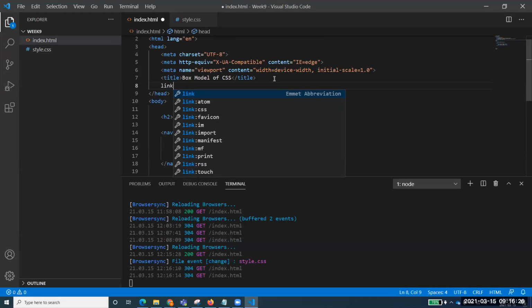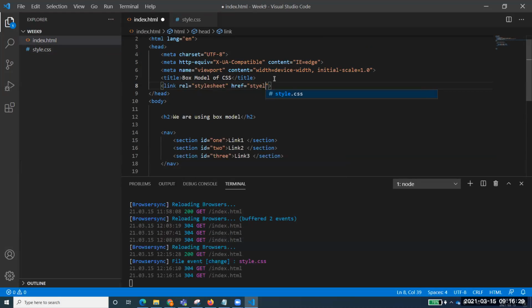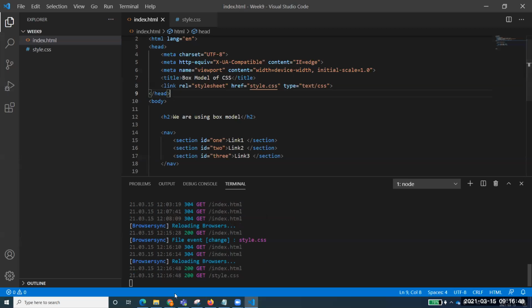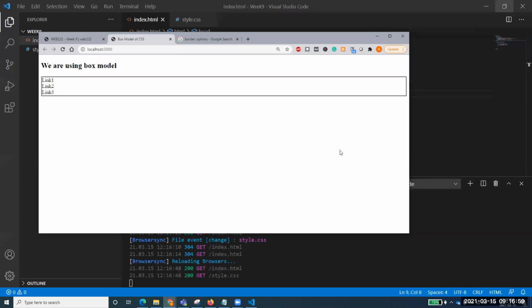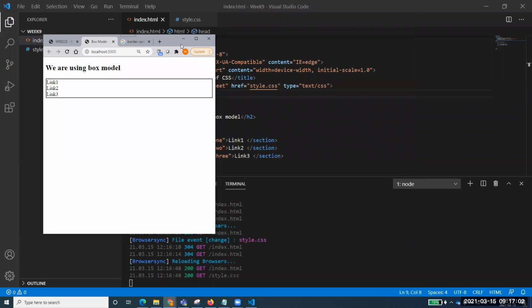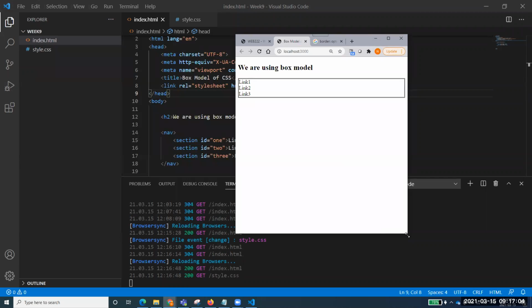Of course, that is important. I want to link that. So you write link, rel is equal to stylesheet. We need to connect that one. Sorry, spelling wrong. style.css. And as I said, you can add one other attribute, type equal to text/CSS. That's not mandatory to use. So now I've added that one. Now let's see. Okay, so this was only for the nav. My nav is now occupying the complete screen, first of all, and it also has a surrounding border.